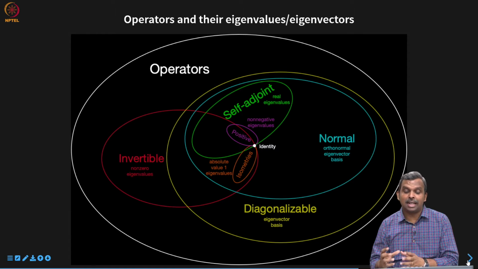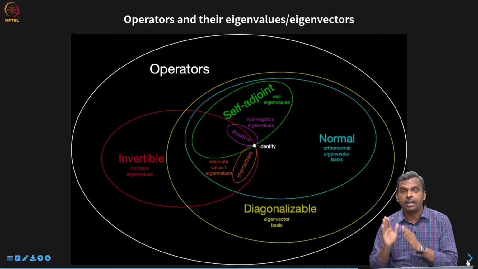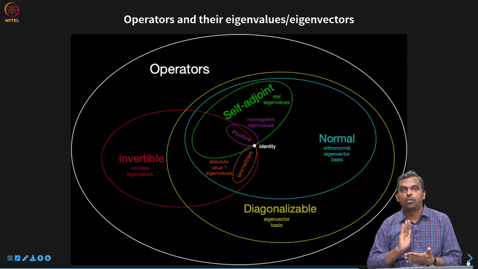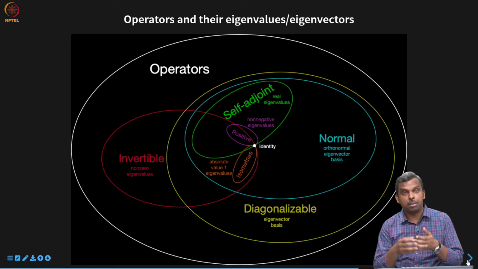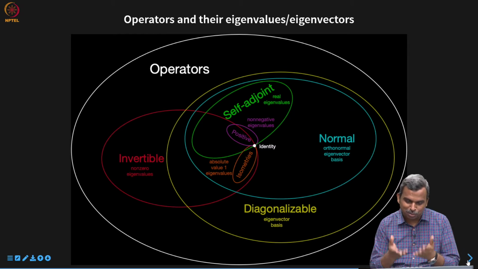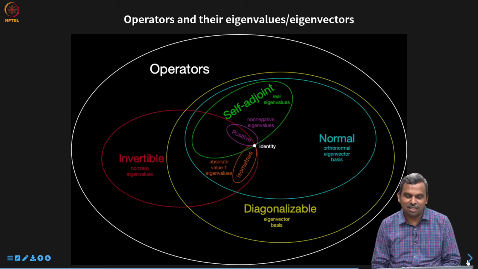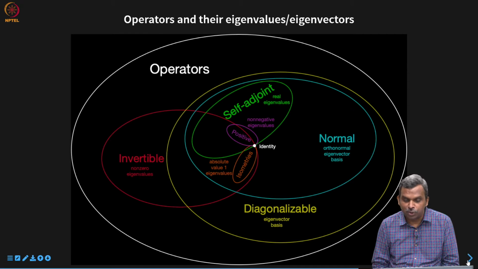And then there are these diagonalizable operators. The best way to talk about them is in terms of eigenvectors. There should be an eigenvector basis, a basis for the space full of eigenvectors of the operator. Then that is diagonalizable. Now diagonalizable may be invertible, may be non-invertible. So you see that big partial intersection with invertible. I've drawn it very big because I have to put many more things there, but it's true that diagonalizable is quite big. It's a big set in terms of operators. There are lots of diagonalizable operators out there. Okay, so that's the picture for you.